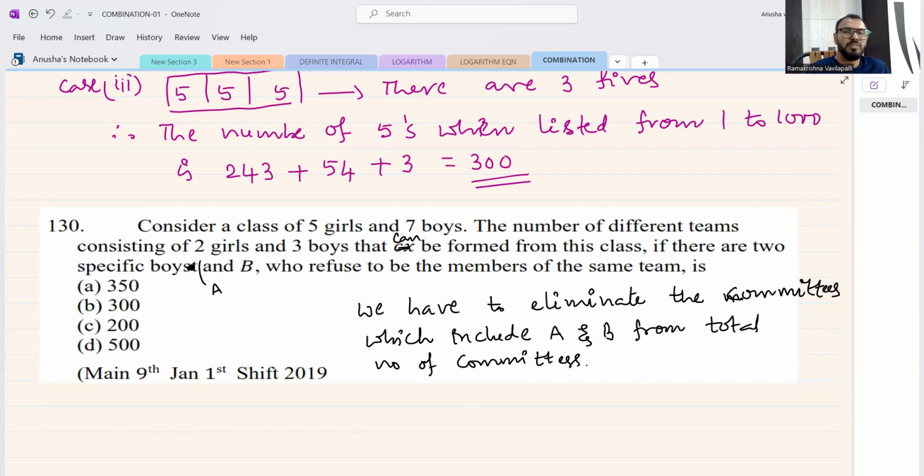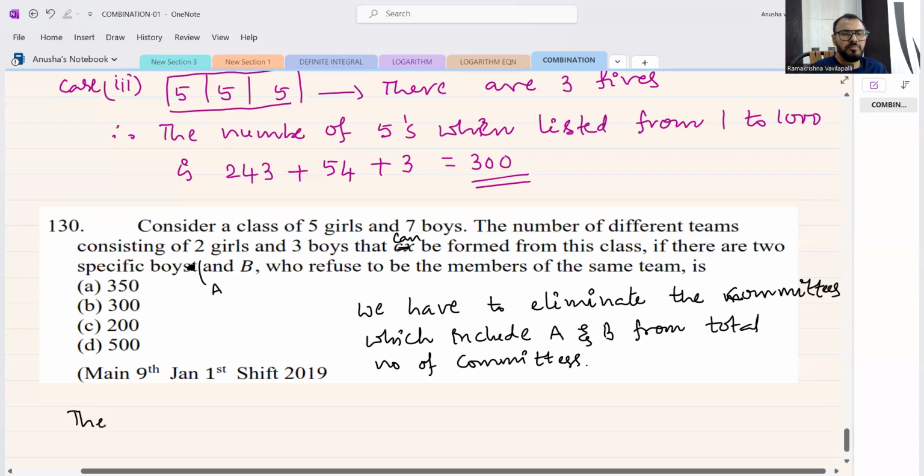So therefore, the total number of committees is